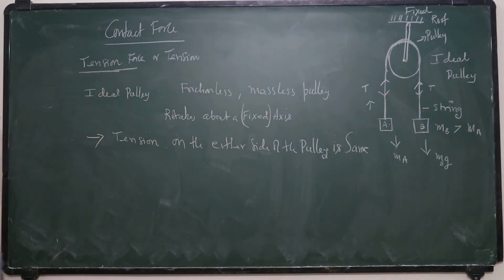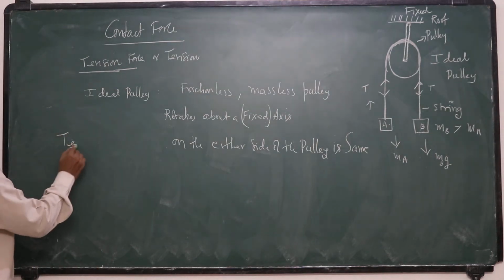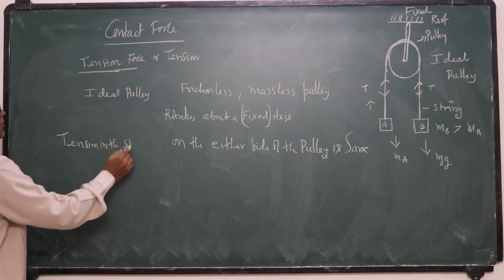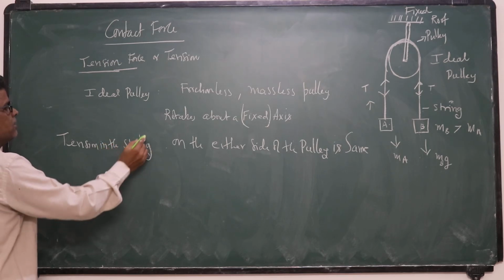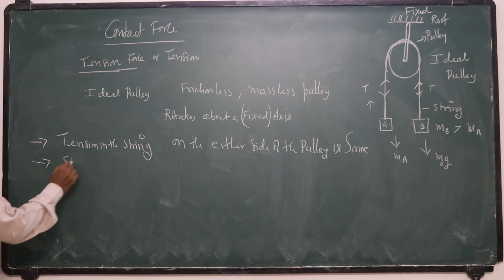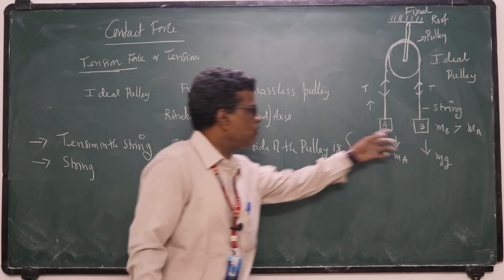The tension in the string, because tension arises in the string only, on either side of the pulley is the same. And our assumption is that the string we are using to connect these two objects